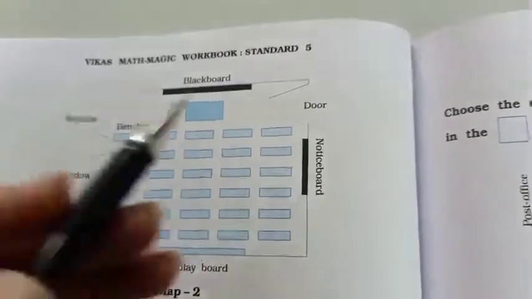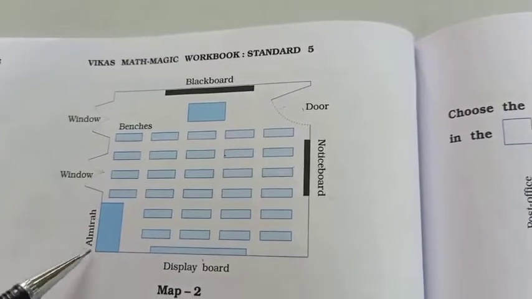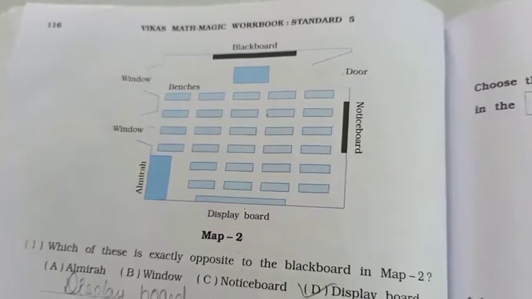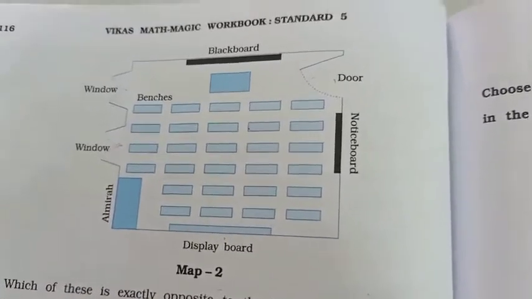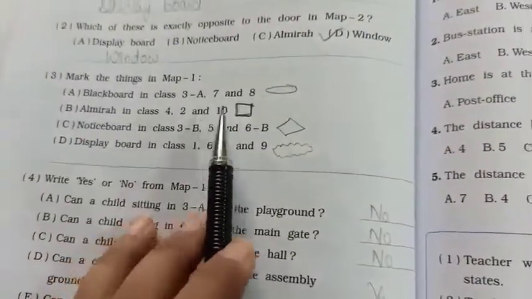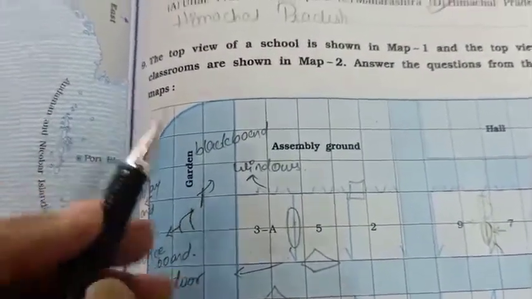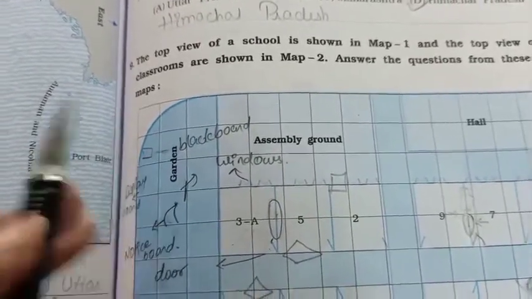First of all, before going to that Almirah, you have to see the map 2. Now where is the map 2? There should be a door. Opposite of the door there is a window, and beside this only there should be an Almirah. This is the map there. So you have to remember this thing. Understood? Now keep this map 2 in your mind, means you fixed it, so that in these classes you are able to answer the question. Now which class do you have to solve? So 4th, 2nd and 10. Okay. Now first I will draw here. There is a door. Okay, opposite of the door there should be a window, and here there should be an Almirah. This is map 2 there.